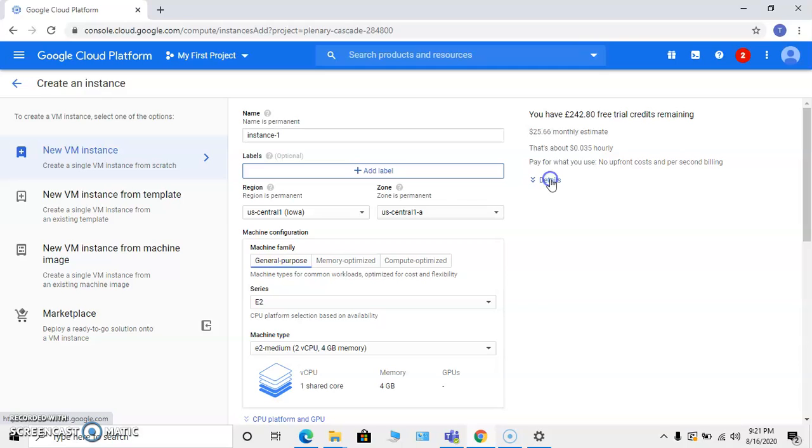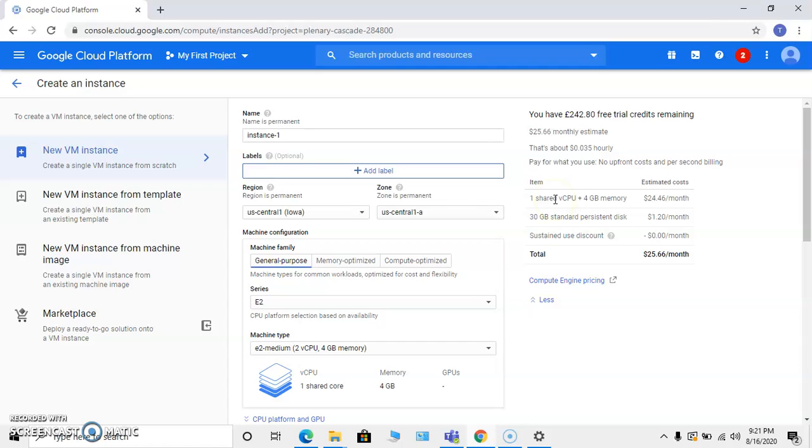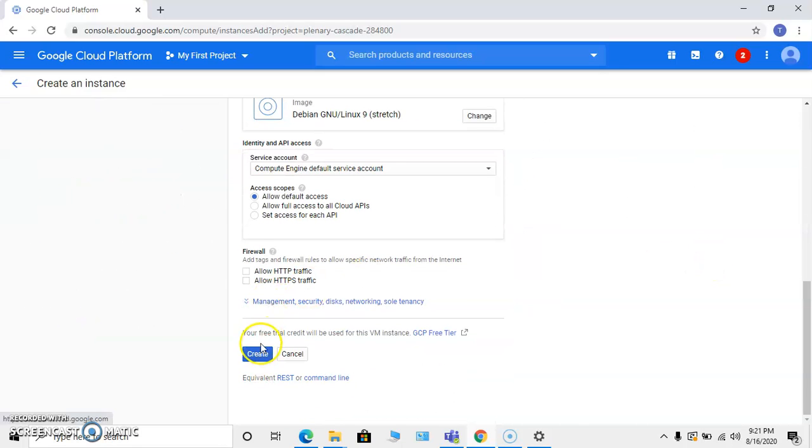Let's click on the details here, and we can see that when we have chosen the E2 medium size virtual machine template, it has put a cost of $24 a month. When we have picked up 30 gigabytes of storage for that virtual machine, it has put an additional cost of $1.2 a month, which turns out to be $25.66 a month in total. Let's click on create.